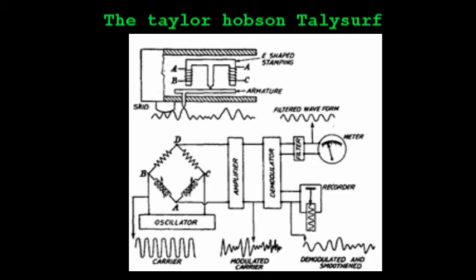These two coils with two other resistances form an oscillator. As the armature is pivoted about the central leg, any movement of the stylus causes the air gap to vary,